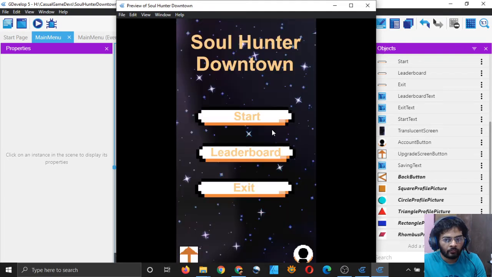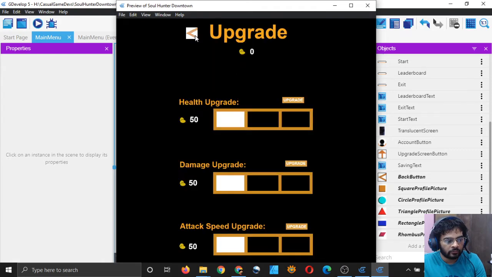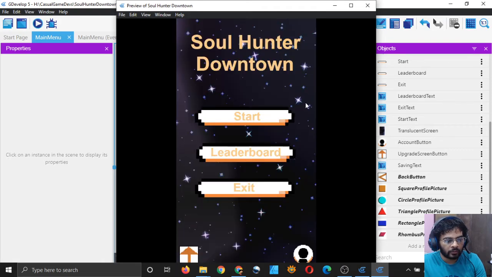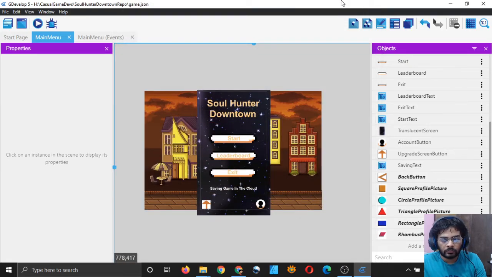So this looks very good, kind of looking better than before. So that's how you can replace your placeholder assets with store-bought assets.